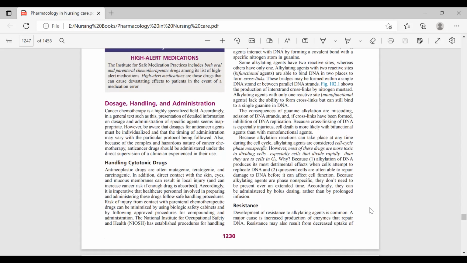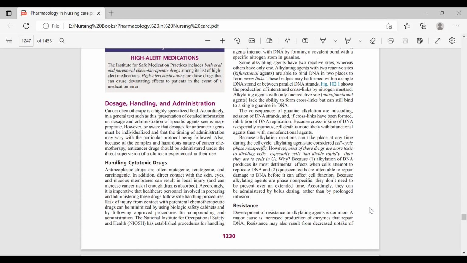Because the alkylation reaction can take place at any time during the cell cycle, the alkylating agents are considered cell cycle phase non-specific. This is the most important thing which we have to learn. That is, cell specificity is not determined because alkylation can be done at any time during the cell cycle. So most of the drugs are more toxic to dividing cells because alkylation of DNA produces the most detrimental